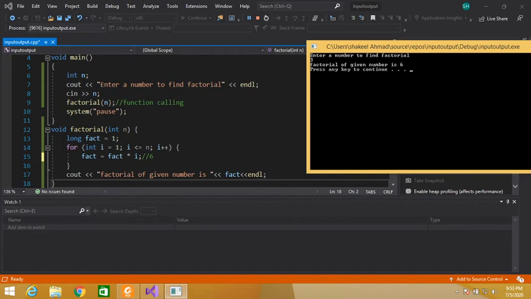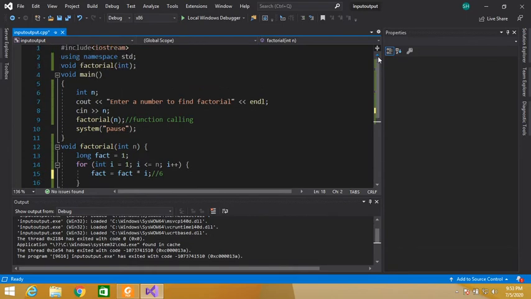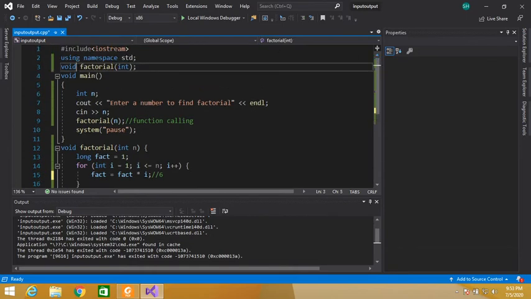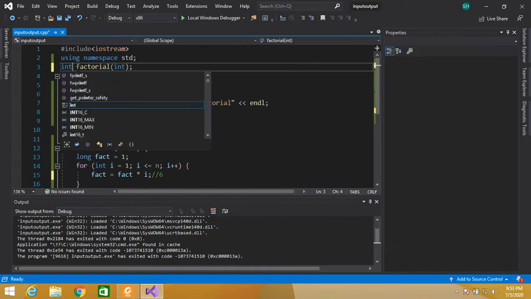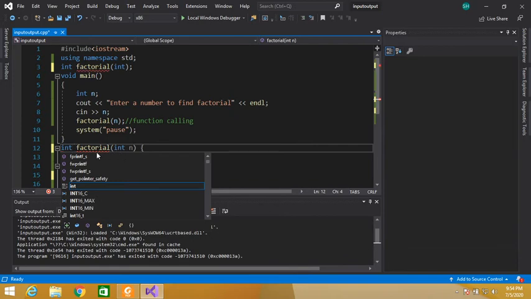Now let's write this same function which returns a value. So let's change the return type to int so that it will return an integer value. Int, here we also have to write int. So the return type of this function is int.